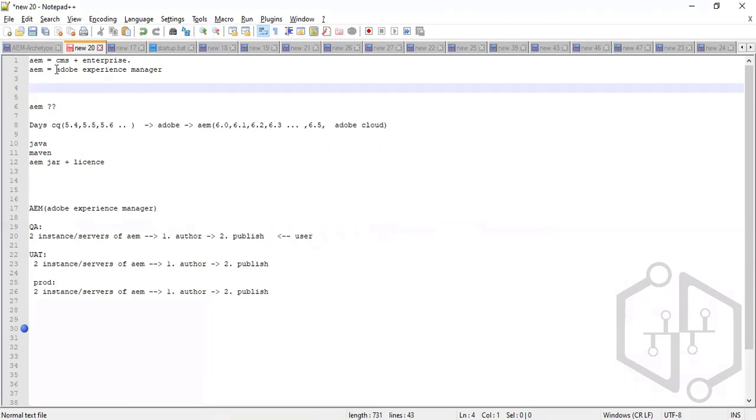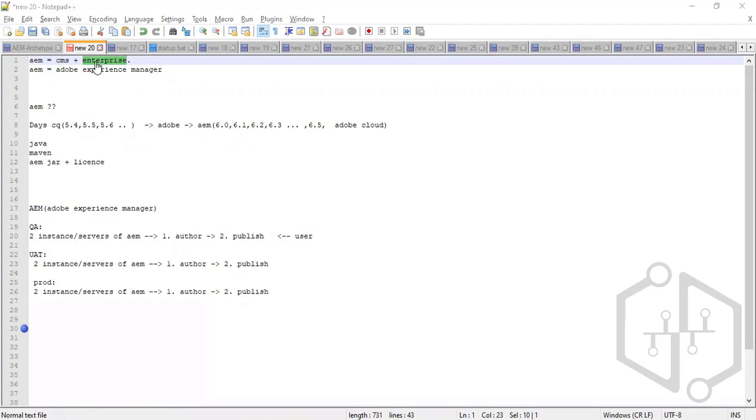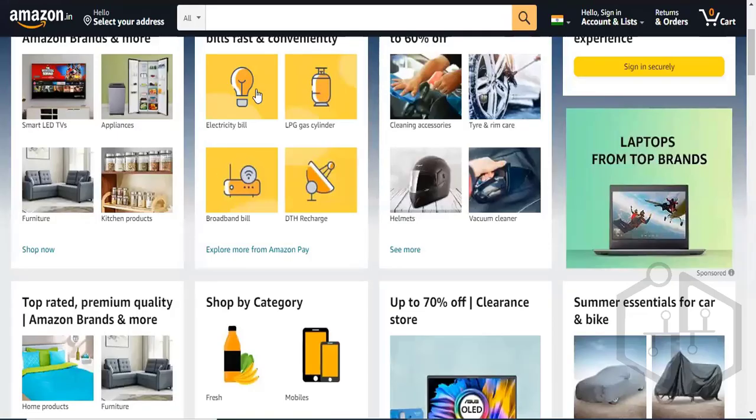So Adobe Experience Manager is not only a CMS, but an enterprise level CMS. When I say enterprise level CMS, it means that AEM does not only manage the content of your website, but it will also host the complete website within it.